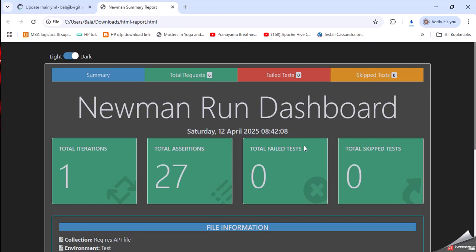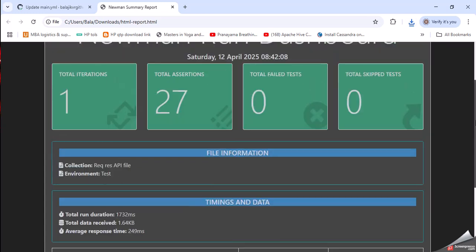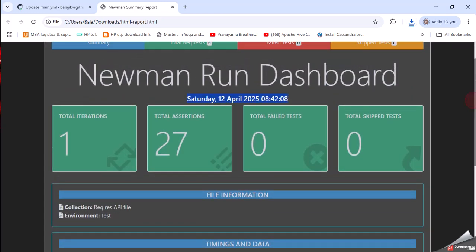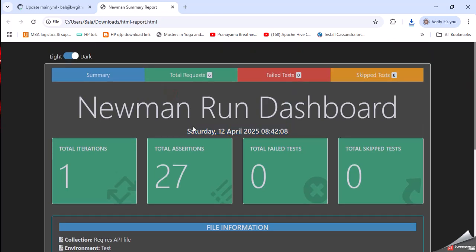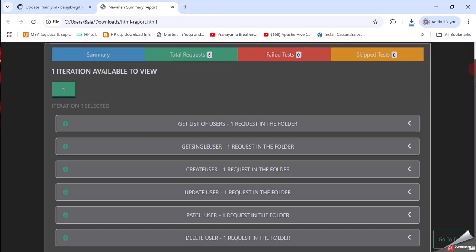So what this says, it's the summary of the CLI report. Whatever we saw there, those details will be visible here, and the runtime that is shown here, and then the 6 individual endpoints,